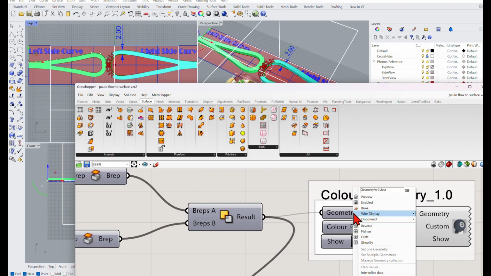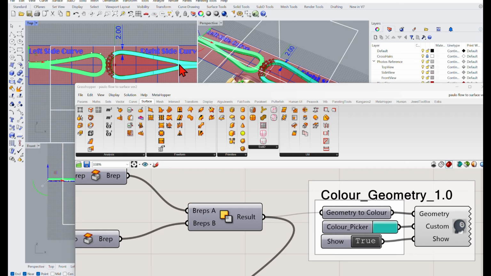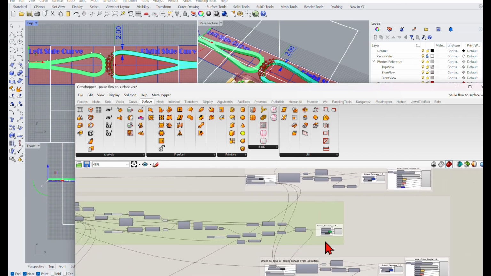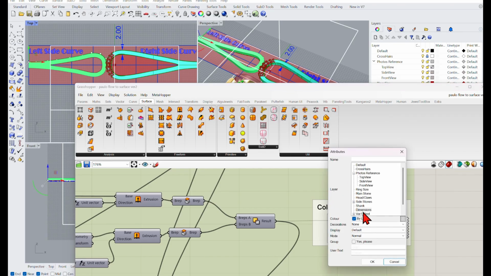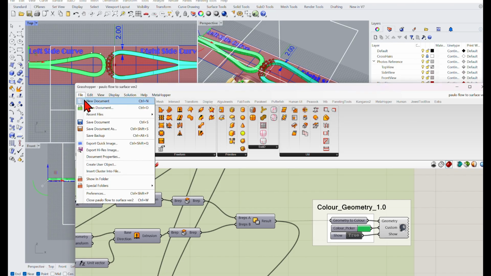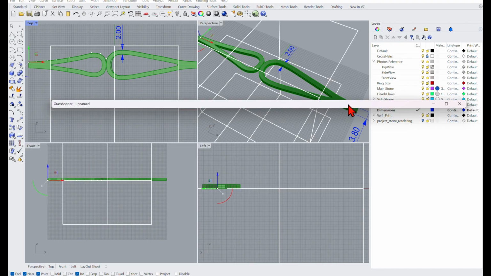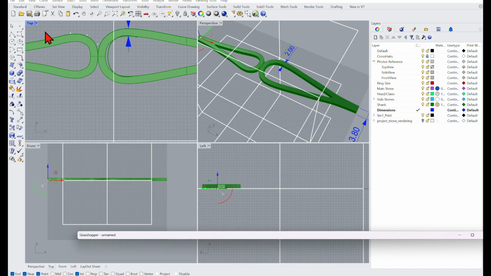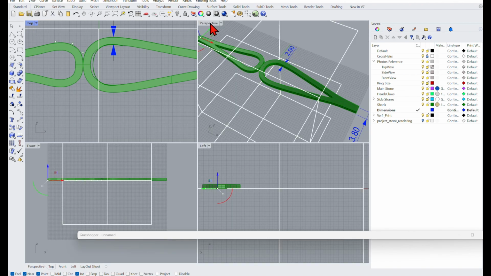So we're going to bake the geometry into the shank. You can see it's been baked. And let's bring this geometry here and bake this geometry into the shank. Okay, let's save this. Let's close this down. So now we have the geometry in Rhino. So technically we can,